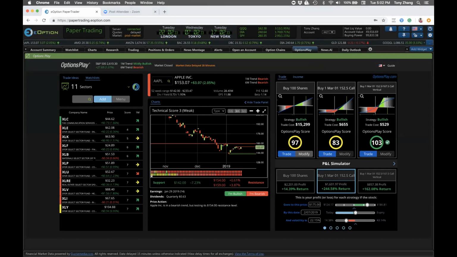Greg is saying, where do the volatility numbers and range come from on the P&L simulator? So the volatility number always starts off at the current volatility. So the current at the money volatility of Apple for the March 1st expiration, which is what we're trading here, is about 28%. And the range is simply just a 3 standard deviation move of that range. So you have a very large range of where that volatility can move to within around the current vol. I hope that answers your question, Greg.